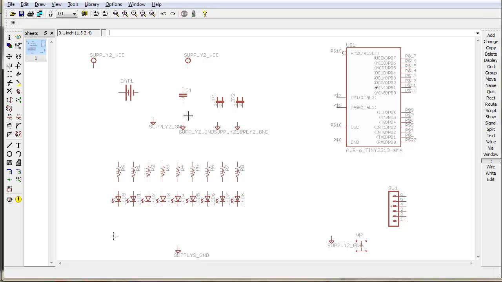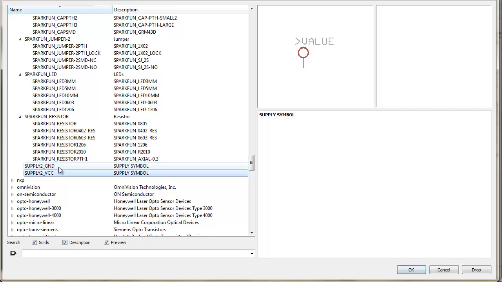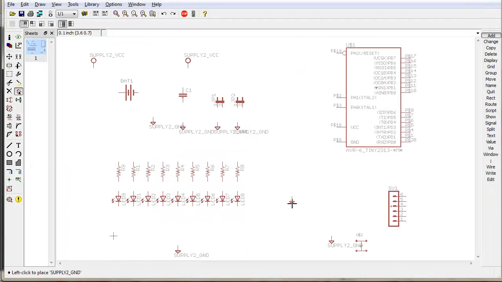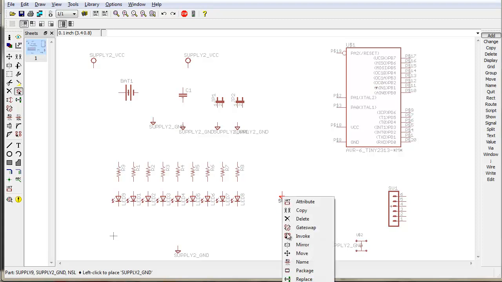Okay, so one of the things you'll notice here is that the grounds have very long names, pretty ugly looking. So the other thing you can do, instead of actually individually adding them, which is like this, it's like ground, click OK, left mouse button in place, left mouse button in place, left mouse button in place, and go on. What we can do, remove those with Control Z, is basically go here, and some parts, depending on who created them, either use the